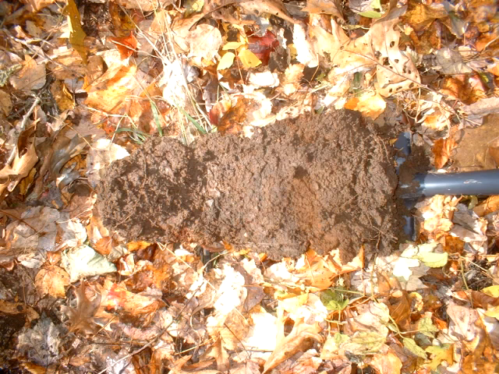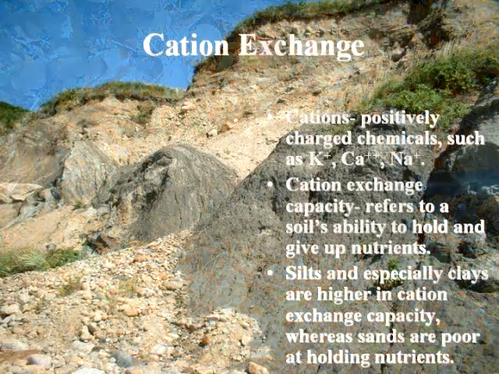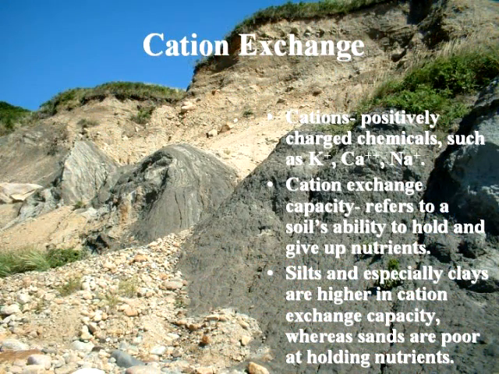And so let's consider in a little bit more detail the capacity for soils to give up these nutrients. So again, cations are positively charged ions. Things like potassium, calcium, sodium are among some of the important chemicals that plants use, as we've seen. And so cation exchange capacity specifically refers to the soil's ability to hold these nutrients and give them up to